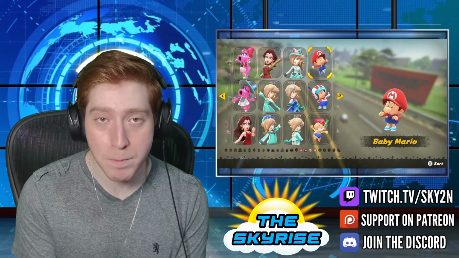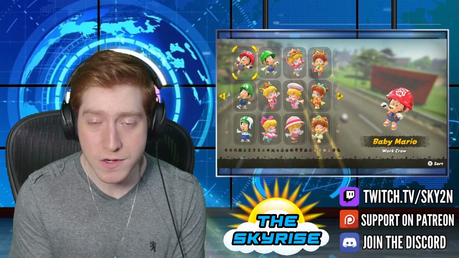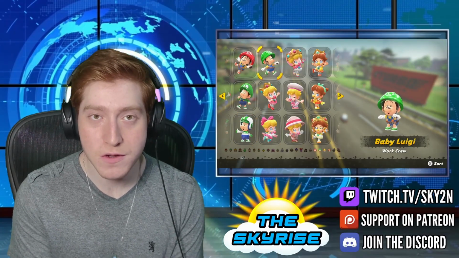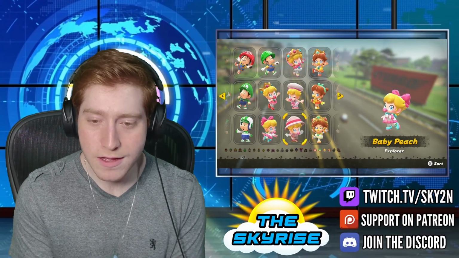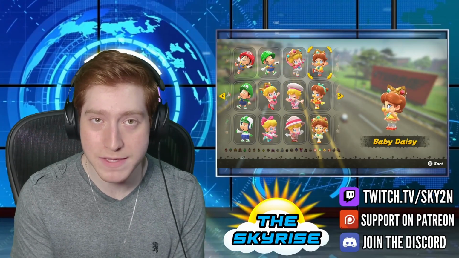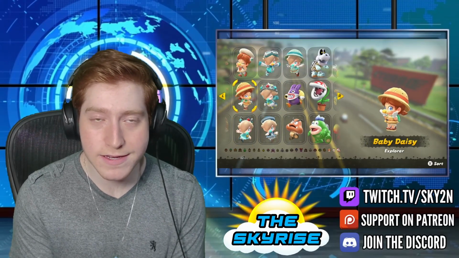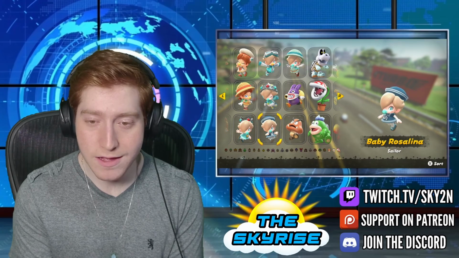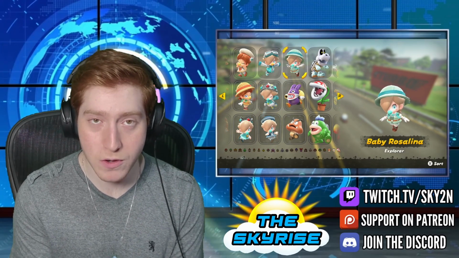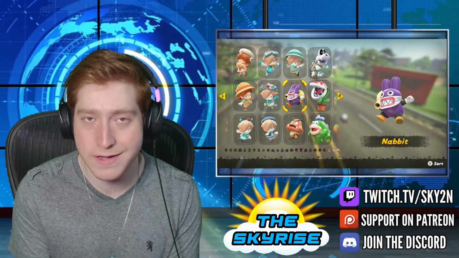Then we got the babies. Baby Mario: Pro Racer, Swimwear, Work Crew. Baby Luigi: Pro Racer and Work Crew. Baby Peach: Touring, Explorer, Sailor, Pro Racer. Baby Daisy: Touring, Pro Racer, Sailor, and Explorer. Baby Rosalina: Sailor, Pro Racer, Touring, and Explorer. Now from here to the end, these are all characters that you can only unlock via RNG